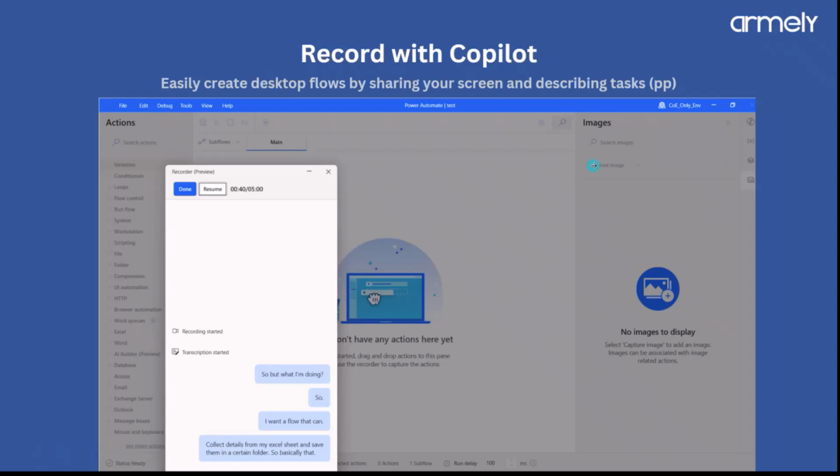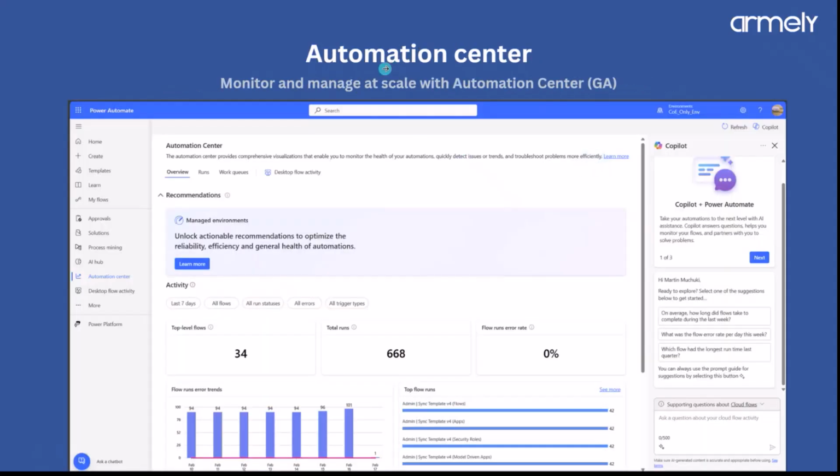So next we have now Automation Center. So we have this past preview in GA. GA is general availability, meaning for this one, you don't have to go to .preview.automate. You can access it directly. So